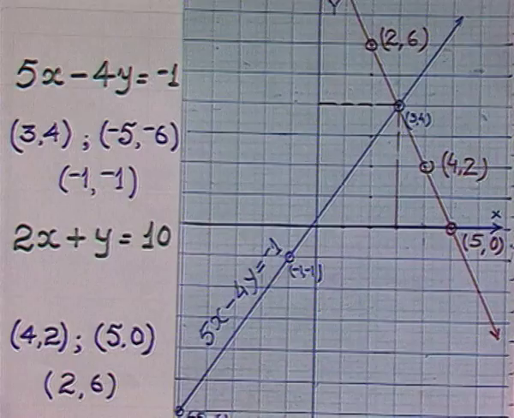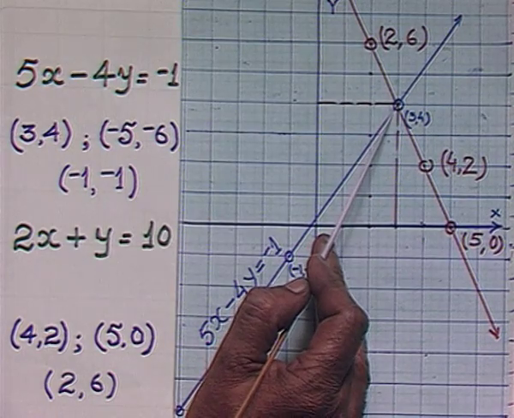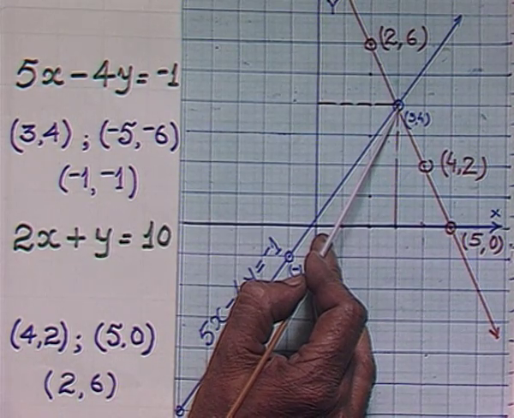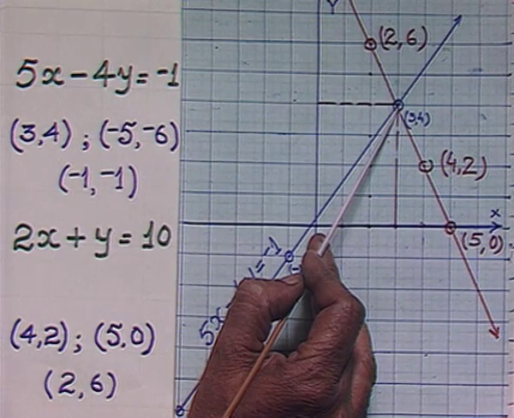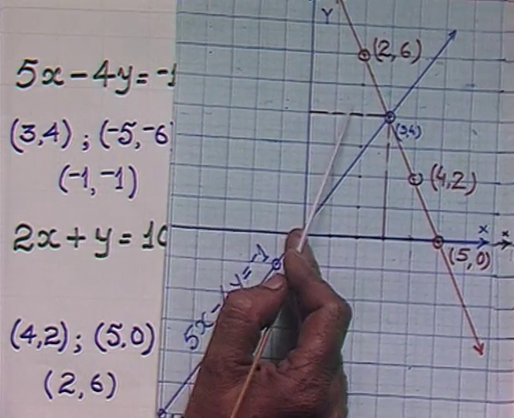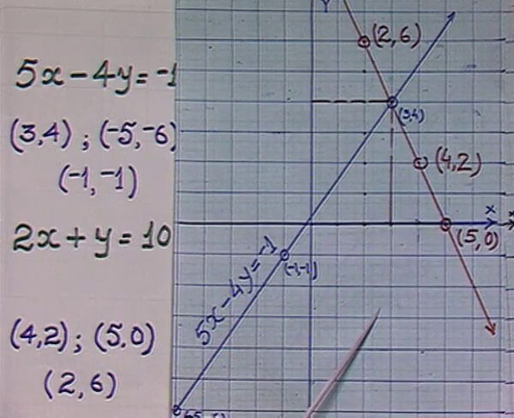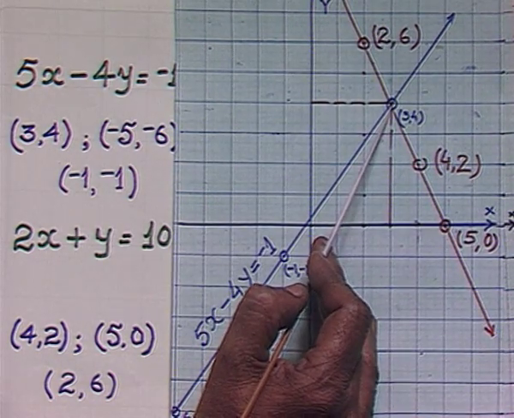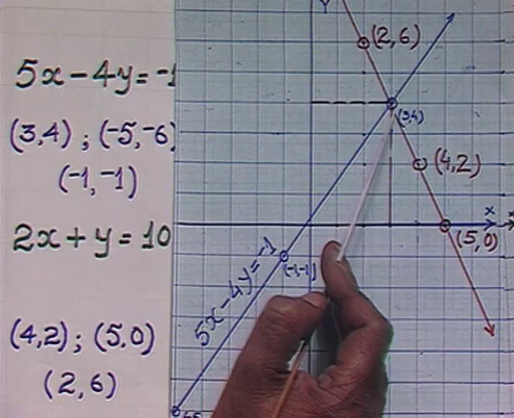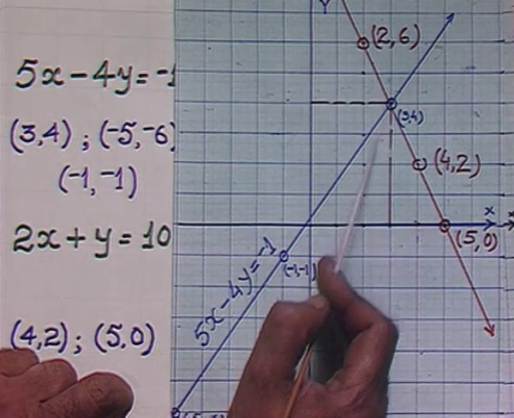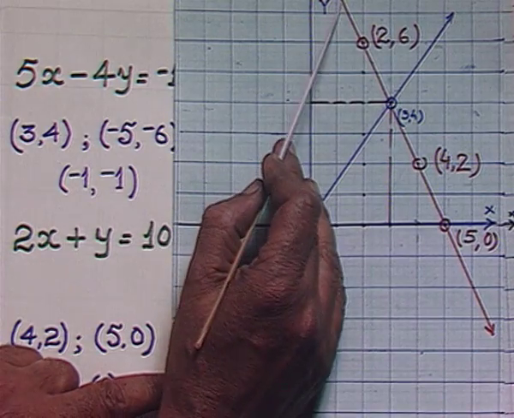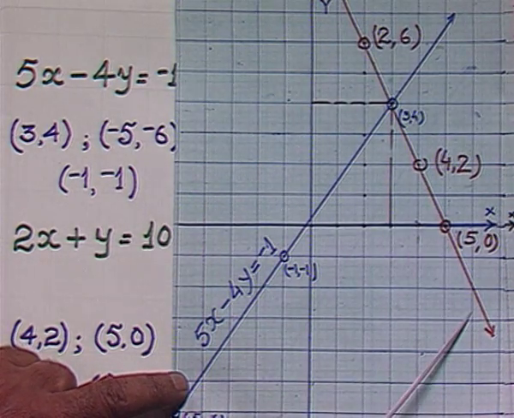So here, when we plotted the graph for the two equations, we found that the two lines are intersecting at one point. Let's have a look at the graph once again. Here the two lines are intersecting at this point. Is there any other point where these two lines are intersecting? Obviously, there is no other point. So this point with ordered pair (3, 4) satisfies the first equation, whose line is over here, and the second equation, whose line is this one.